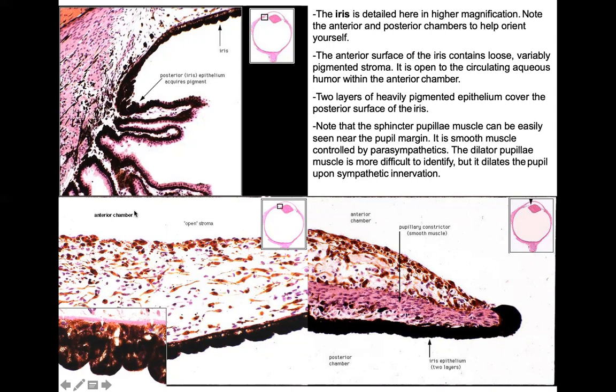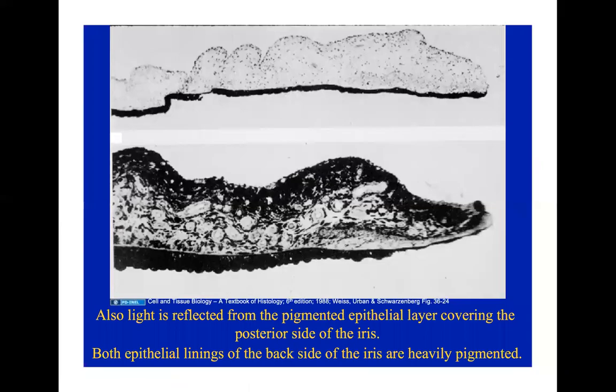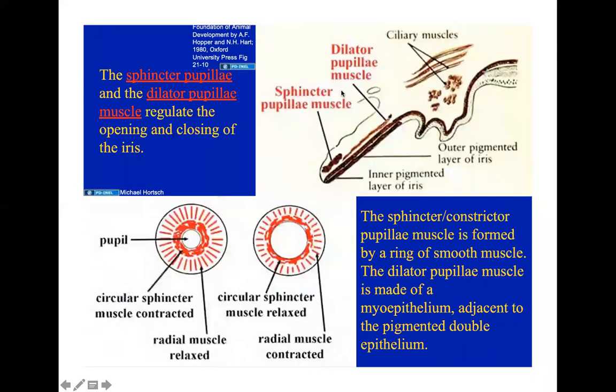So this is your anterior chamber, this is the posterior chamber, this is your two-layered, heavily pigmented iris epithelium. So another histologic picture that will tell us there's the heavily pigmented area here in the posterior aspect of the